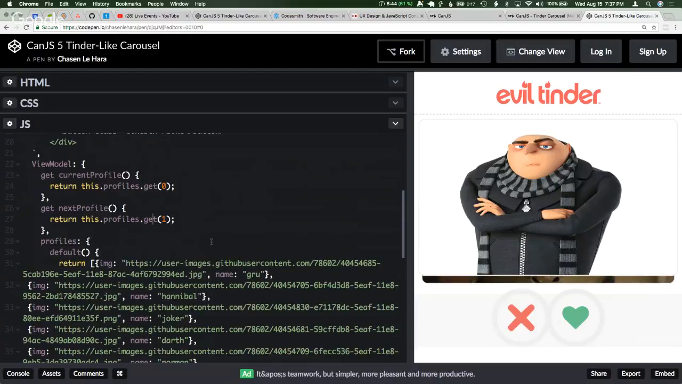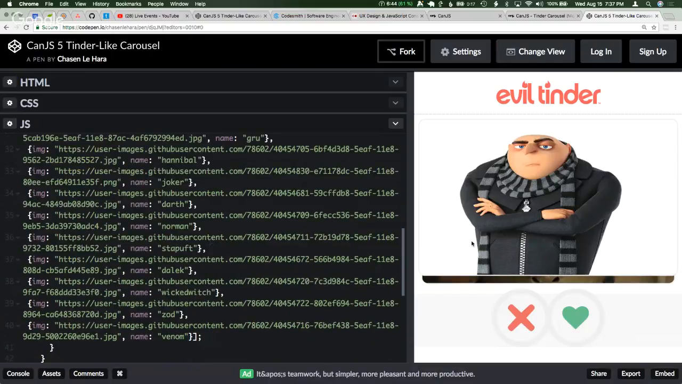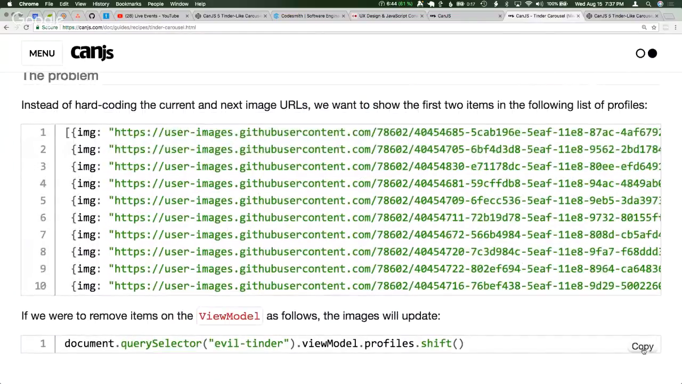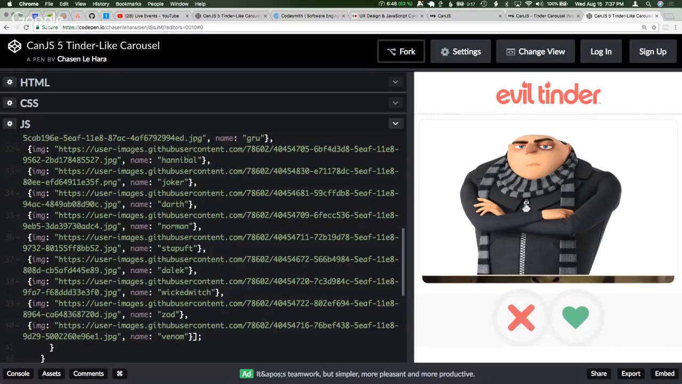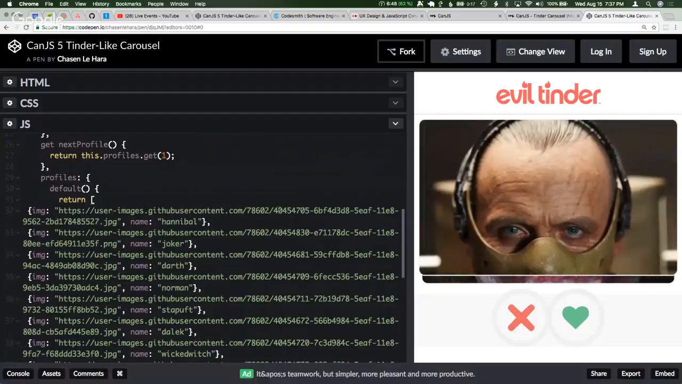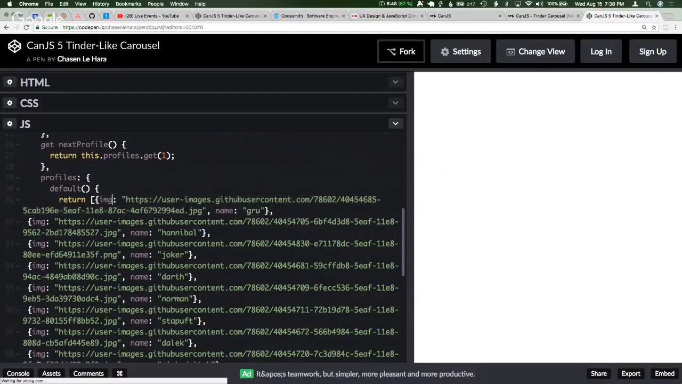Okay, so let's see if this actually works. In the problem section, it says we can play around with the console to see if this actually made it dynamic, right? It looks the same. One way we could do it is we could remove stuff from here and see if it updates correctly. Okay, so that's one way of testing it. Another way is